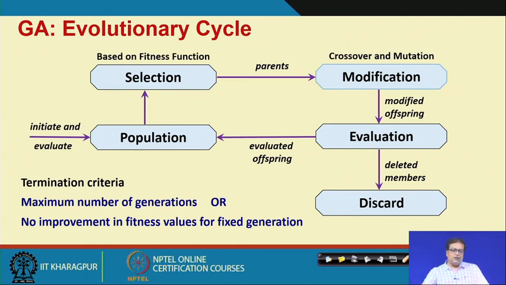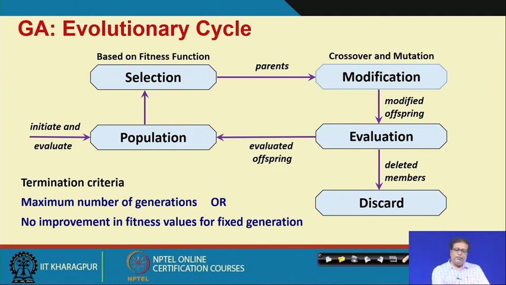So, this is the basic process. As you can see, we start with a population. So, we initiate a population. This population is initiated through a random process, and as you initiate, you also evaluate the fitness of that population, and after that the first activity we do is selection of parents based on the fitness function. Obviously, those feasible solutions which have higher fitness value have more chance of getting